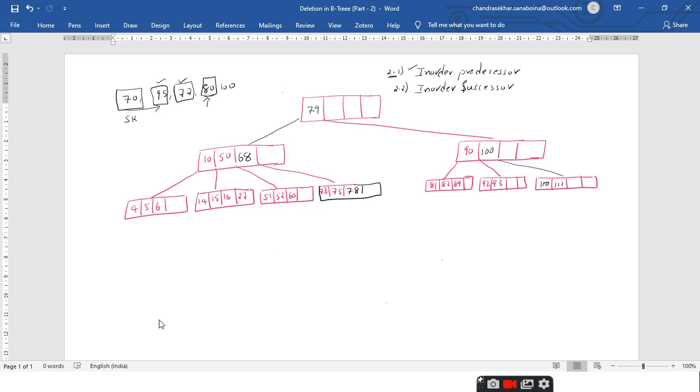Yes, sir. Right. So we'll go with the other element, which is 100. Now I want to remove the 100 element. Compare this 100 with the first key of the root node, which is 79 compared with 100. Since it is greater than and there are no elements towards its right hand side, I go and search in the right child. Again 100 compared with 90, since it is greater than, compare it with the second key of this node, which is 100 compared with 100. Now I have identified that 100 is present as the key in the internal node. So in case of internal node, what you have to do?